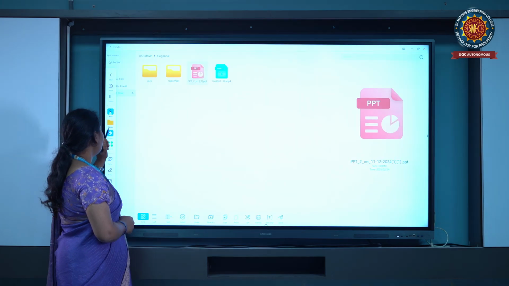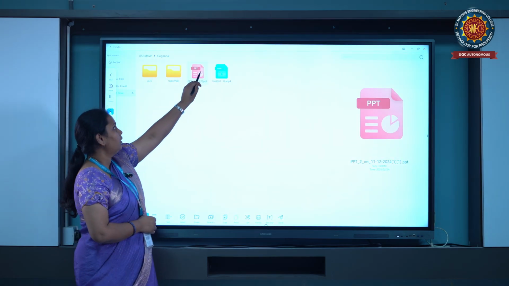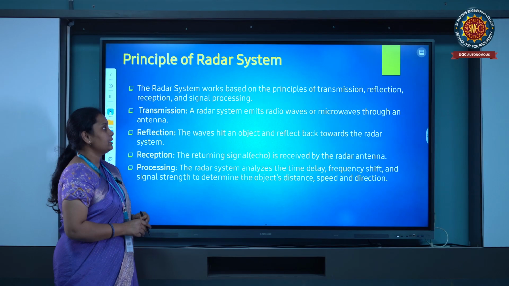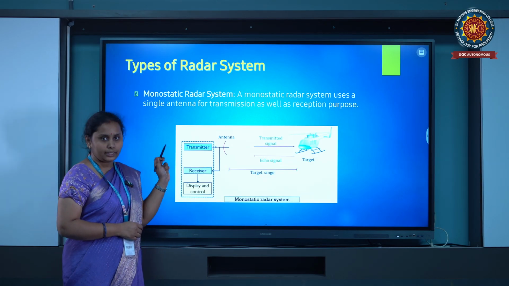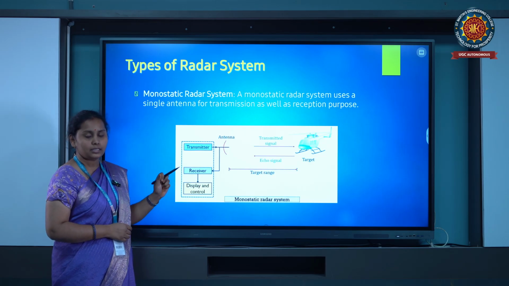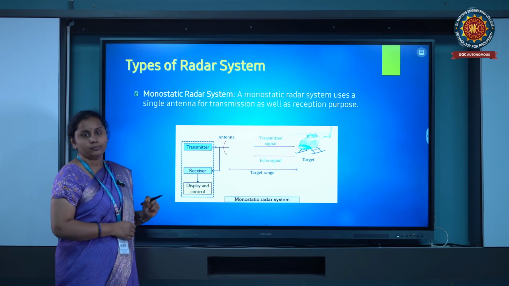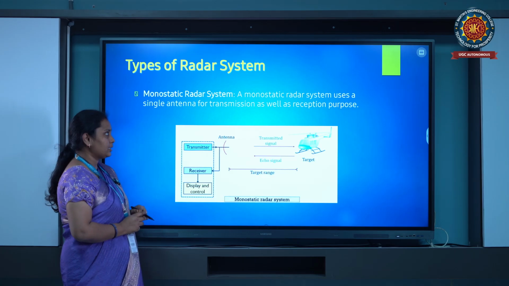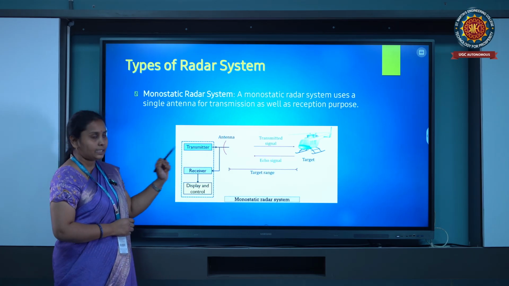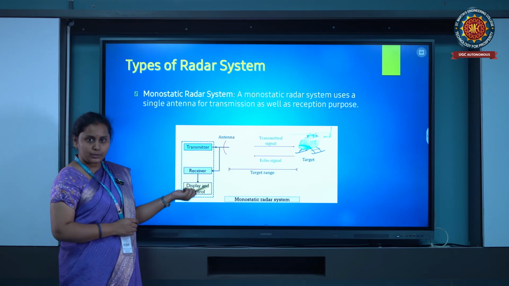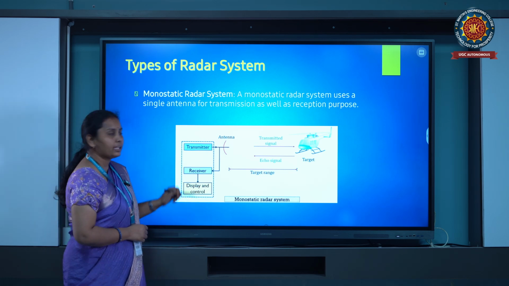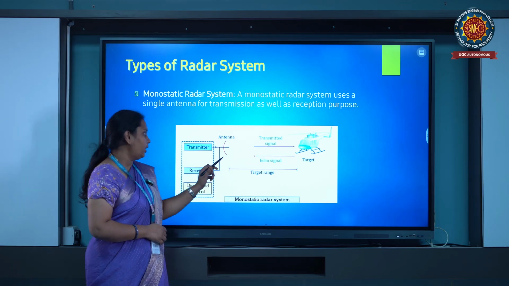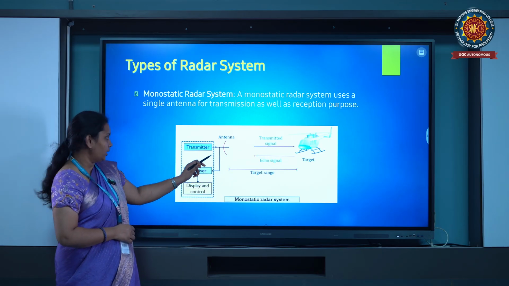Now coming to the types of the radar system, there are 2 types of radar systems. One is monostatic radar system and the other is bistatic radar system. In monostatic radar system, we use only a single antenna for transmission purpose as well as reception purpose. So here we can see there is a target and here is only one antenna.